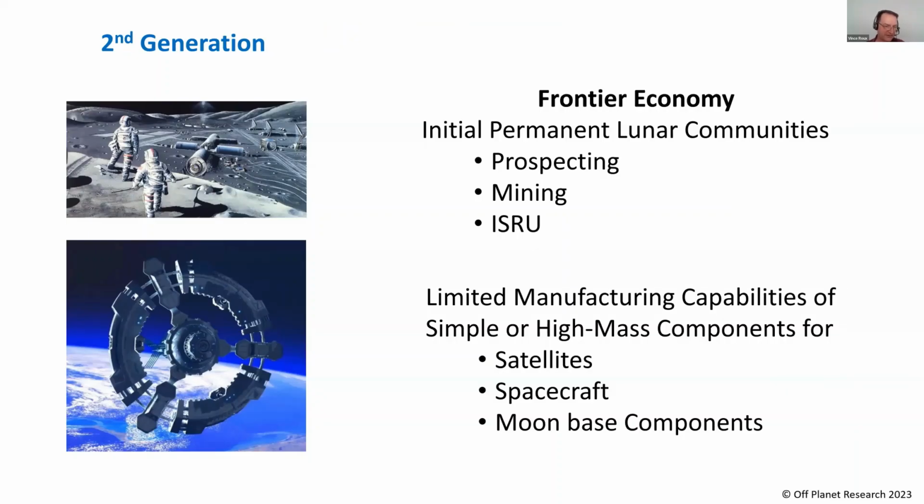Second generation technologies are going to support the initial lunar communities, and they would include equipment and processes for prospecting, mining, and ISRU operations. It's very likely that these communities will also need to produce entirely made-in-space parts for satellites, spacecraft, and lunar base use. One of the areas of focus would likely be high mass components that would be difficult or expensive to launch from Earth. So this is where we start to get some payback for the investment of having an ongoing human